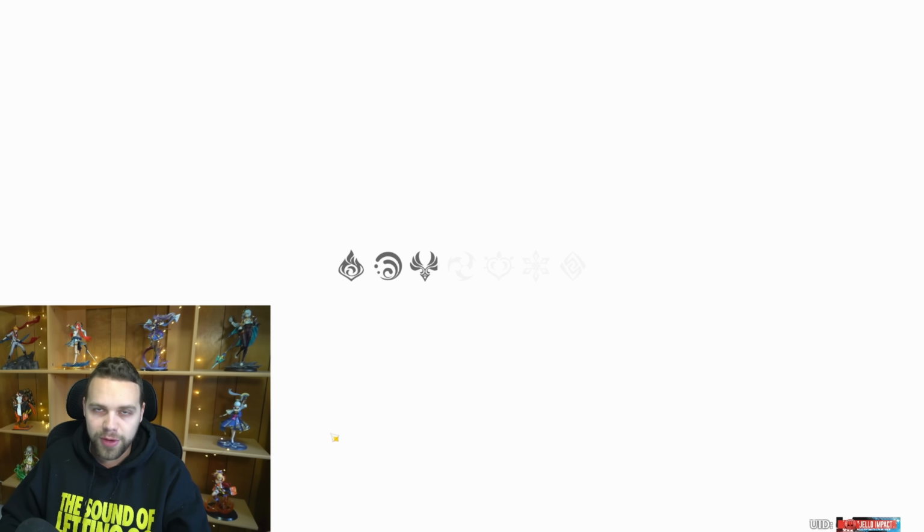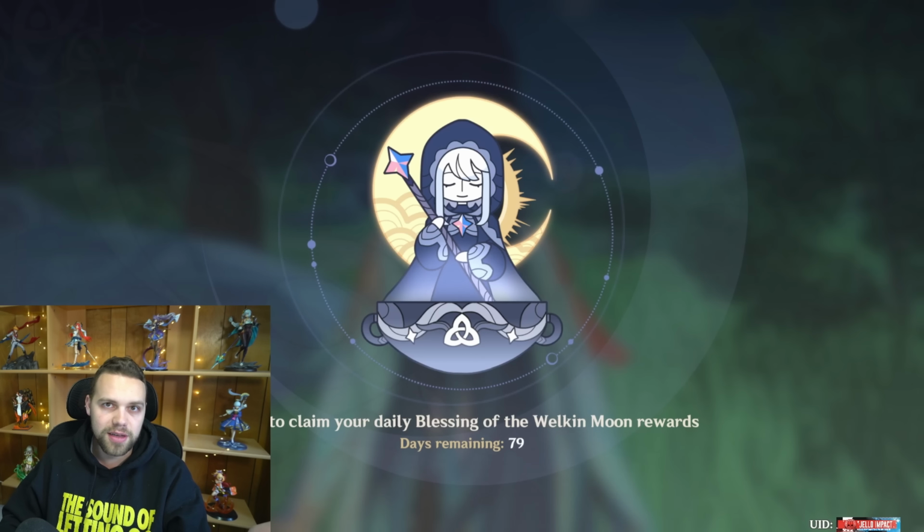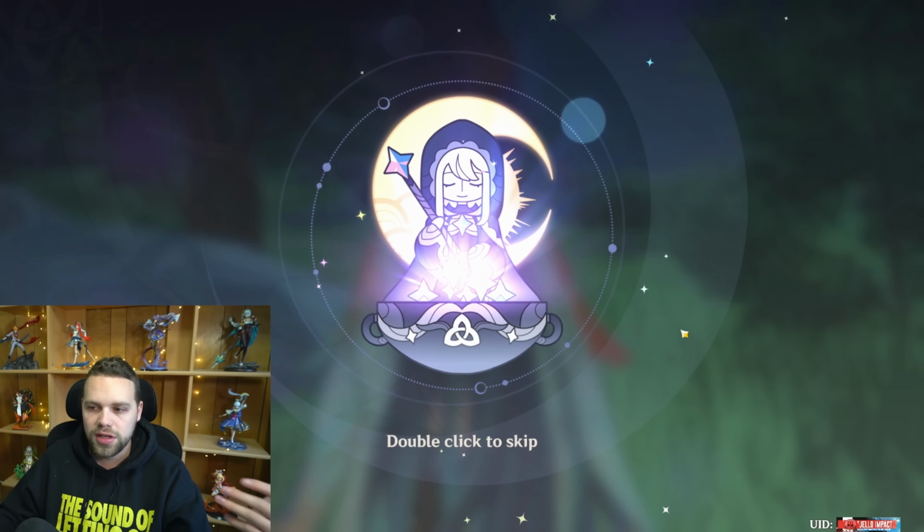She can't be buffed by Farina, so what are the buffers we're left with? Bennett, Chevreuse, Yelan. These are probably the characters that she's going to want to be playing with. Obviously not all at the same time, but some kind of combination that uses these